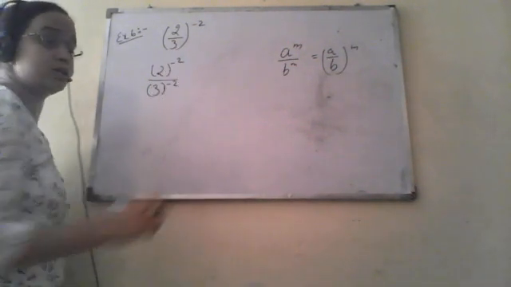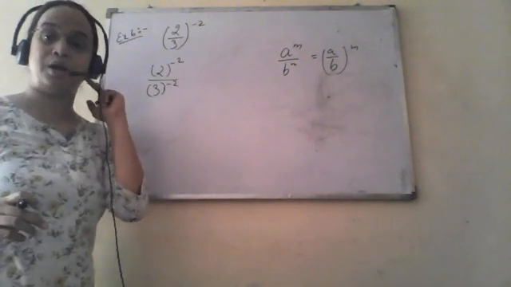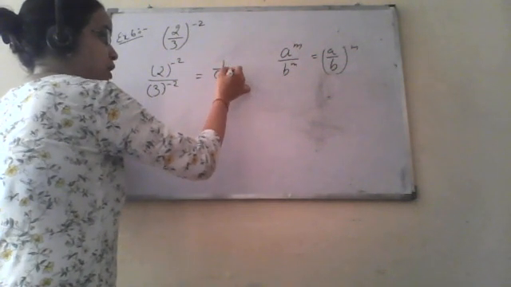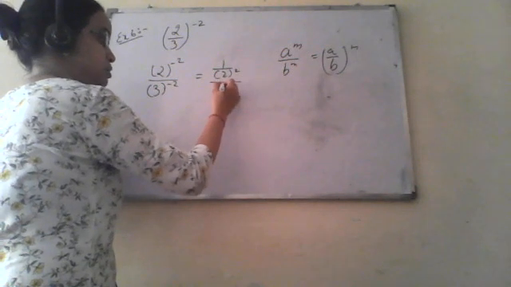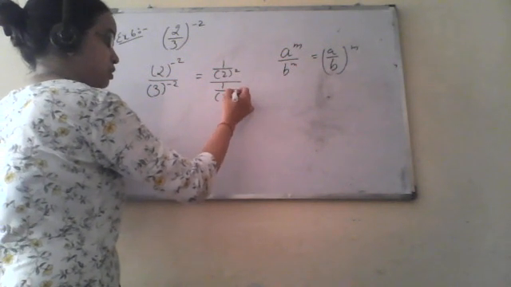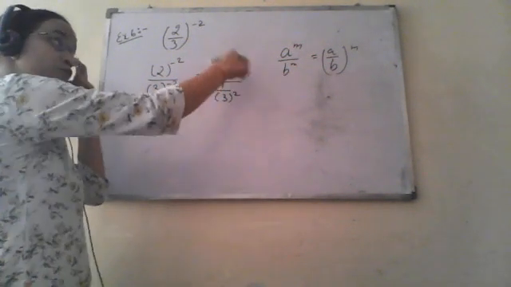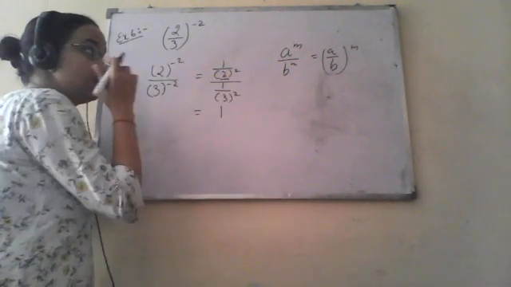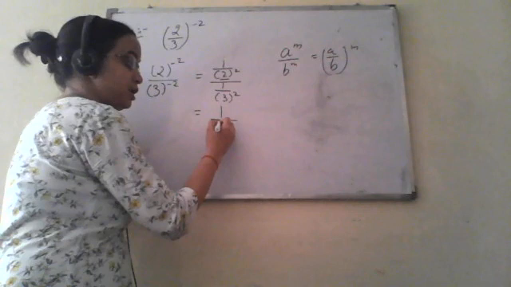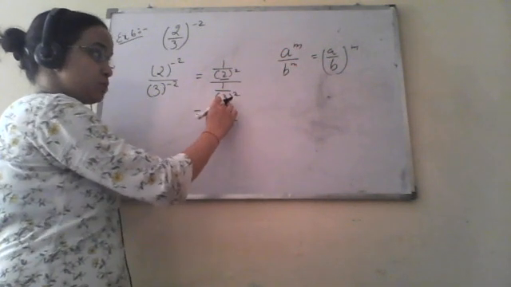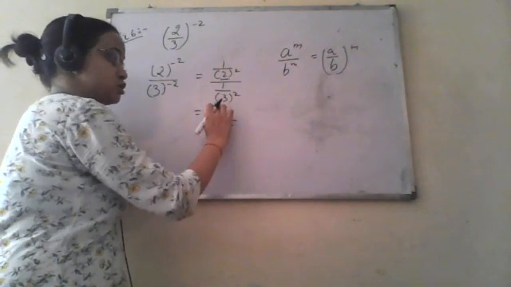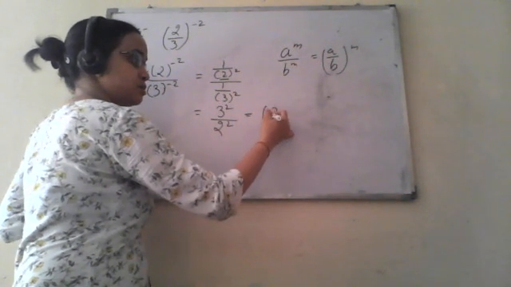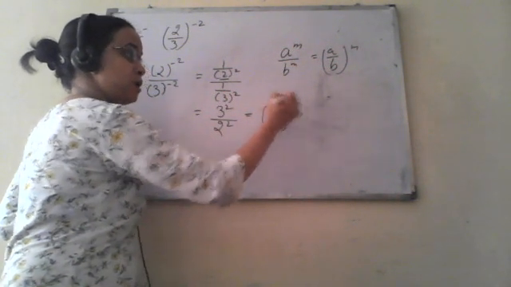Now we have to convert these powers or exponents to positive ones. So it will be 1 upon 2 to the power plus 2, and it is 1 upon 3 to the power plus 2. Now if we are reversing their sides, they will come in the denominator. This 2 to the power plus 2 will come in the denominator, and this 3 to the power plus 2 will go in the numerator. So it will become 3 to the power 2 upon 2 to the power plus 2.